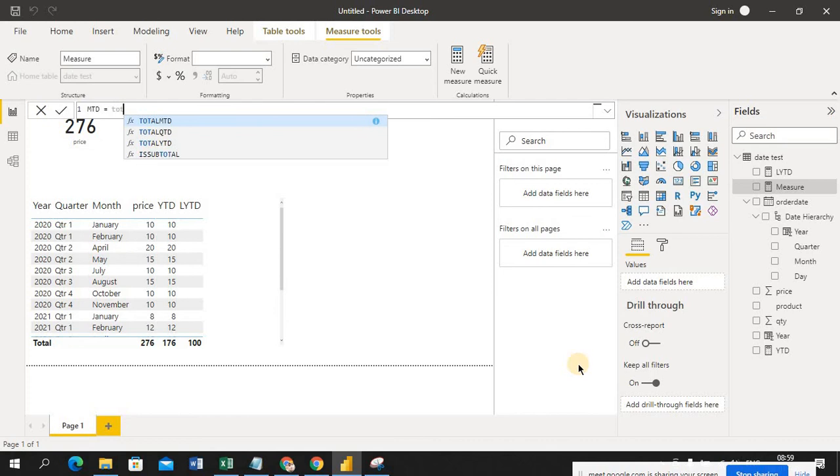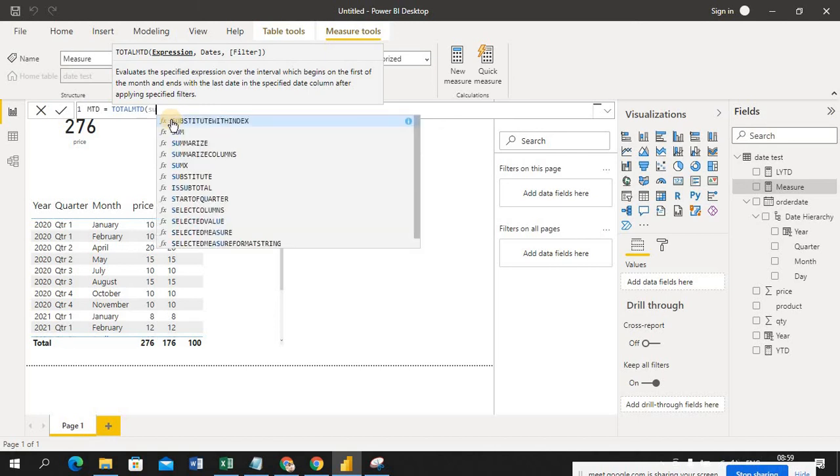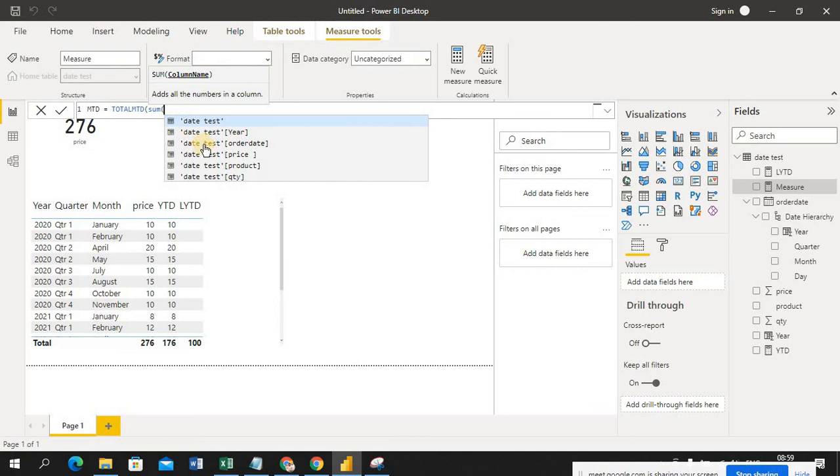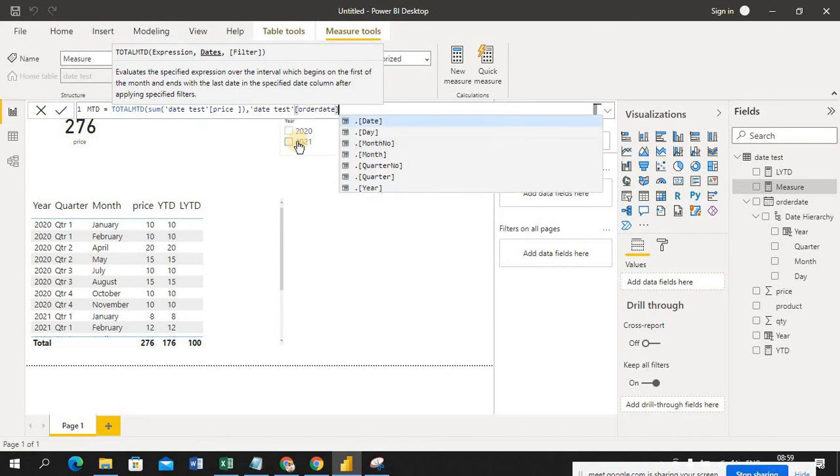So here, total MTD. What is it expecting? Expression: sum of price, comma, and obviously it will ask you for dates. The date is ordered. Okay, just close.